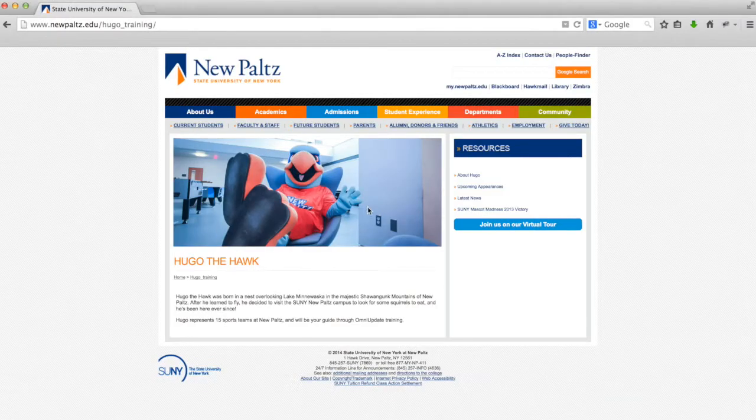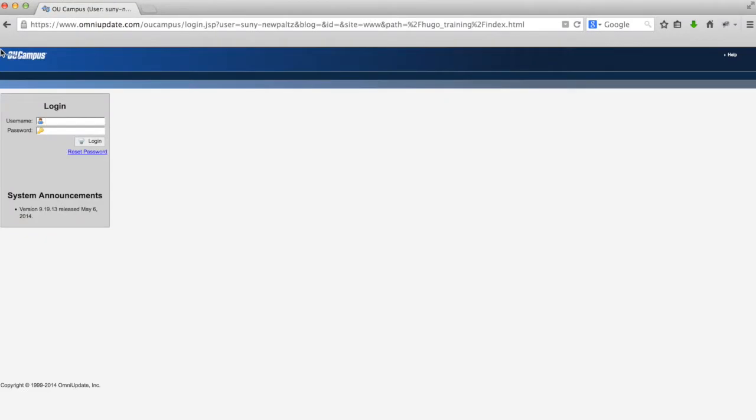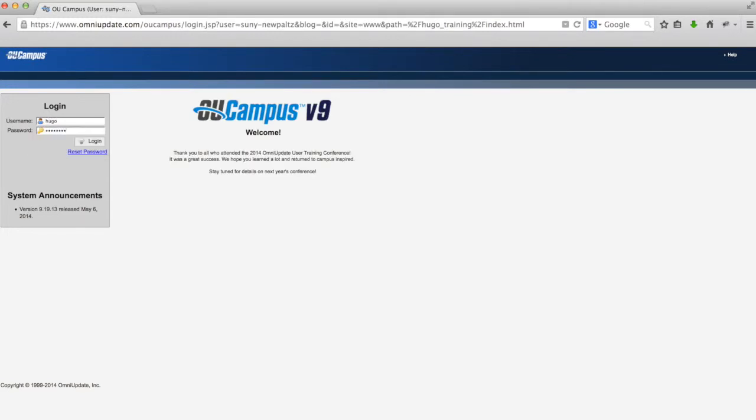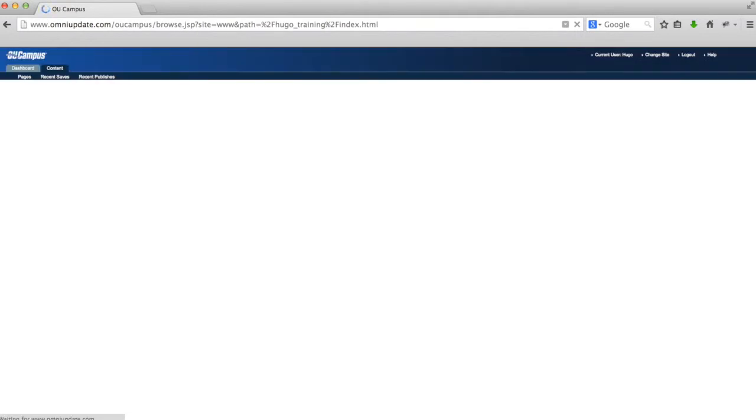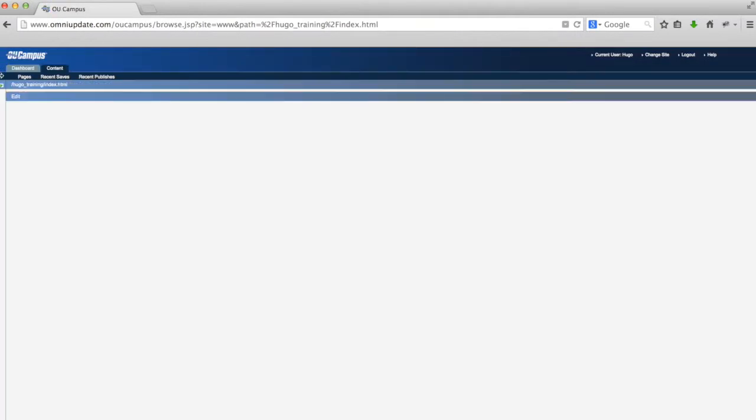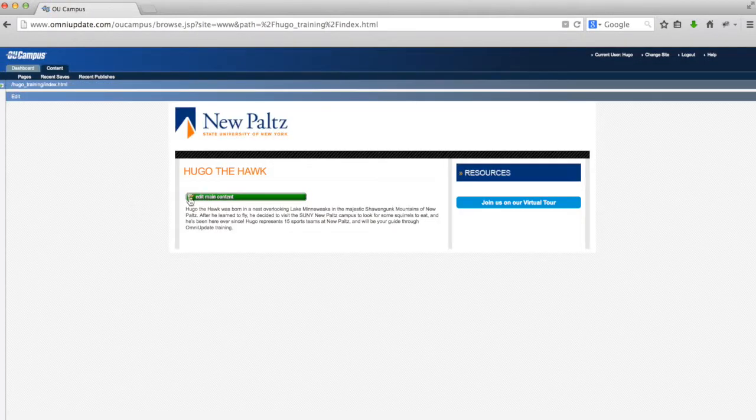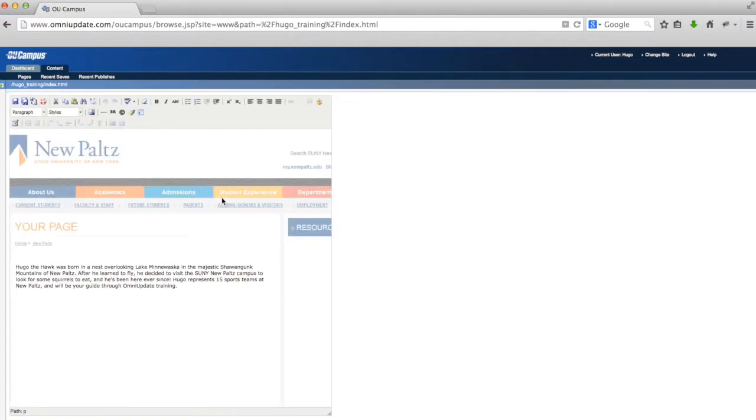You can access the page you wish to edit one of two ways. The first would be clicking the transparent link on the newpaltz.edu page you will be editing. If you are already in the OmniUpdate interface, you can find the page you'd like to edit under the Pages tab. Once on the specific page, you will see a green Edit Main Content button on top of the current page content. By clicking this green button, you will now be able to see a toolbar and be able to